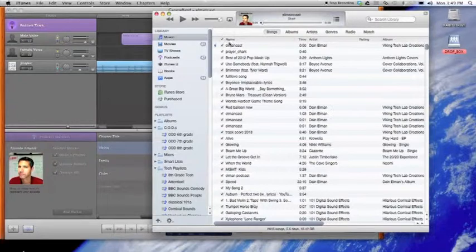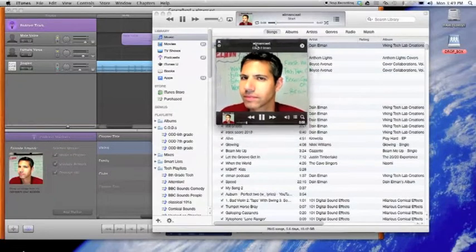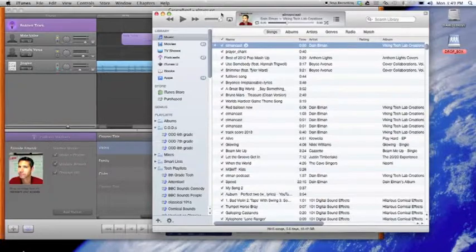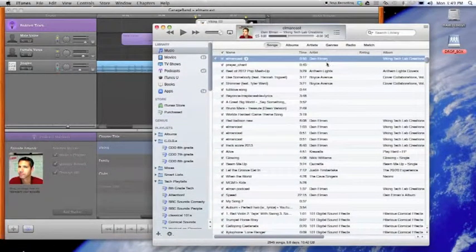Find it here in my music list. It's called Elmancast. If I play it, it will play it up here. If I click on the picture, it will pop out right there. I teach technology class at Viking Middle School. I live in Wadsworth, Illinois with my wife and my daughter. What you'll notice is it's not changing the pictures. Okay. In this version of iTunes that you have, it doesn't show the pictures. However, drag it to the desktop,